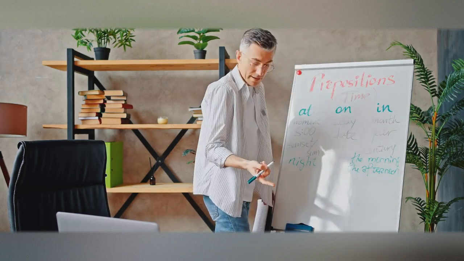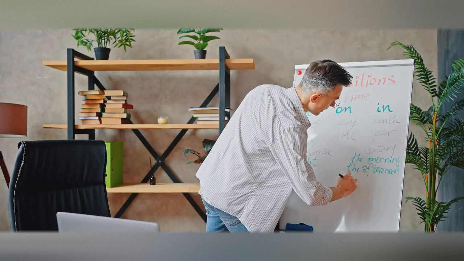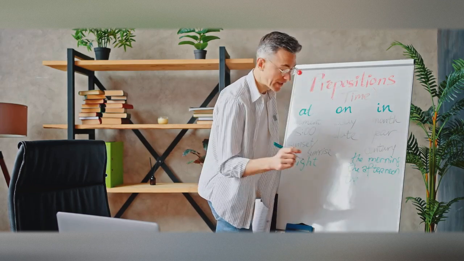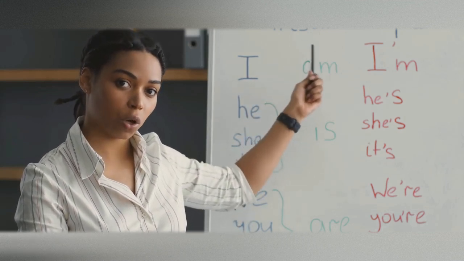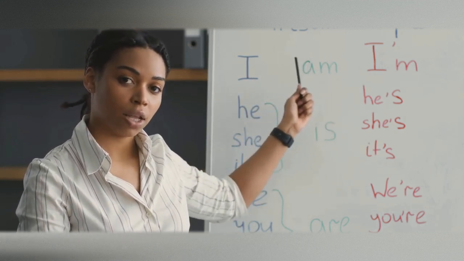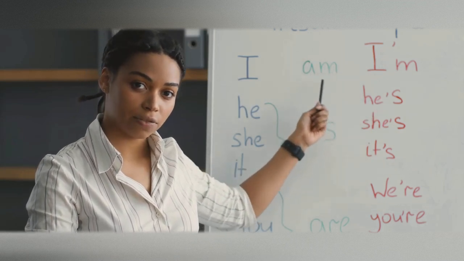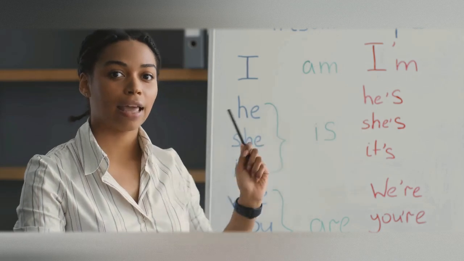Now, let's discuss the formation of these sentences. The structure typically follows this pattern: subject plus causative verb plus object plus bare infinitive. For instance, "They made the children laugh." Here, they is the subject, made is the causative verb, the children is the object, and laugh is the bare infinitive. It's important to note that while the passive voice with bare infinitives can be incredibly useful, it's not always